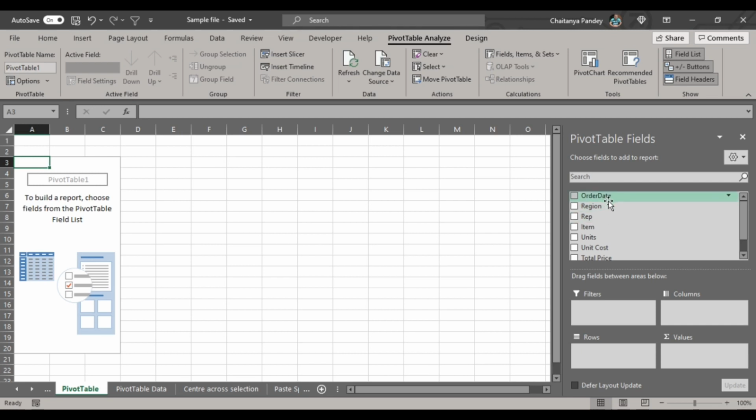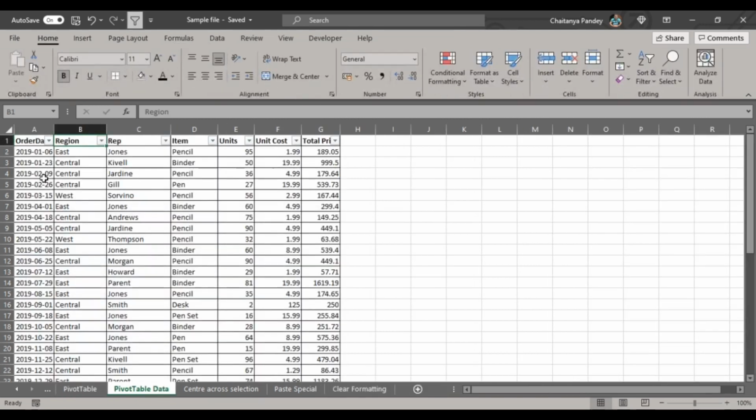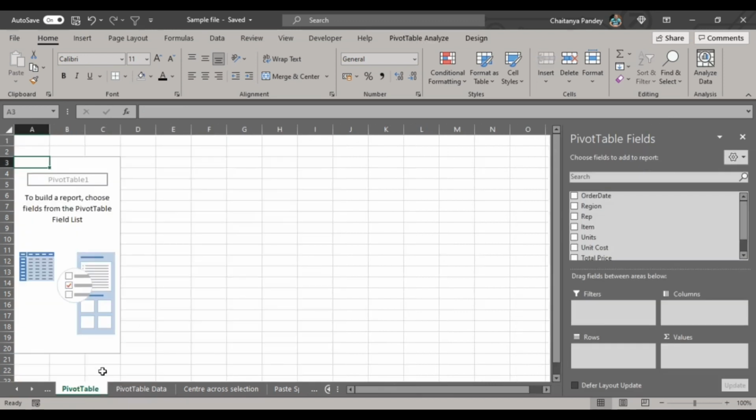So you have order date, region, rep, item, units, unit cost, total price. In this pivot table you have all these headers as options to extract data out of the original sheet. Suppose you want to know the total price of every region.